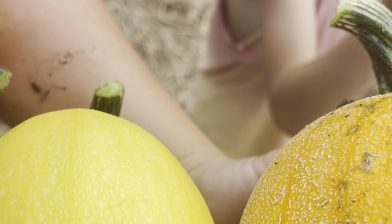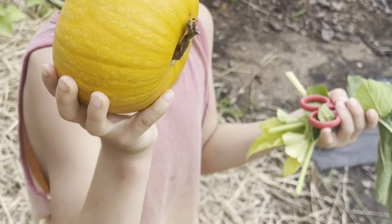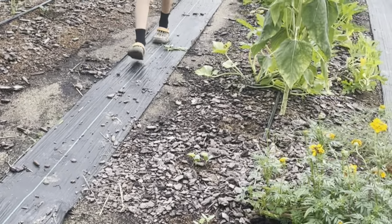Look at these pumpkins. No, look at these pumpkins. I'm gonna put these in the